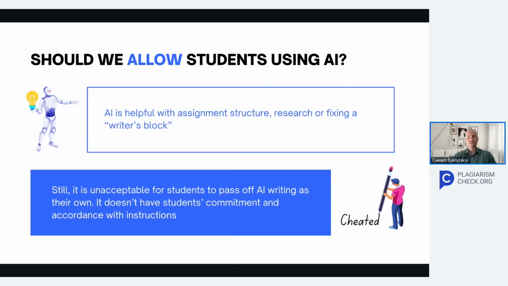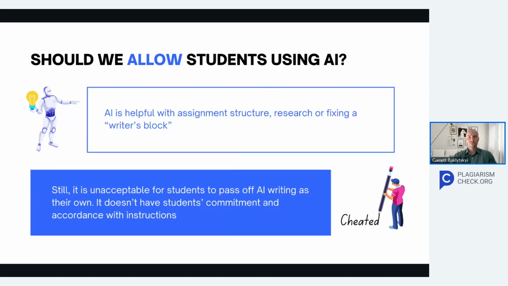However, there should be a clear understanding that using AI to complete an assignment will be considered cheating, the same as plagiarism, unless your assignment instructions allow using AI to complete an assignment. For example, I know that some teachers allow students to complete an assignment in ChatGPT, and then students need to write a quick essay about their experience in using ChatGPT and the downsides they see in using it to complete